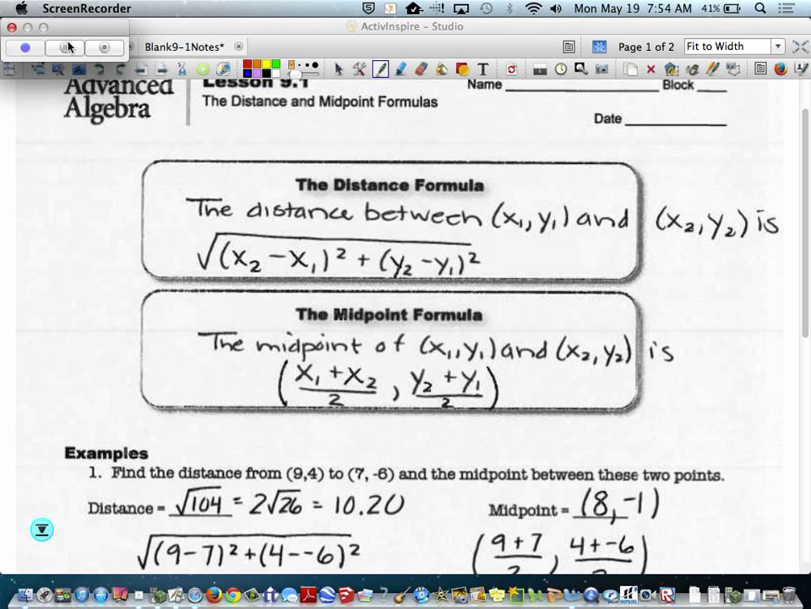Okay, so today the 9.1 lecture includes the distance formula and the midpoint formula. The distance formula is given to you up there. A lot of times, you might have it, distance equals. And then the midpoint formula, also given to you. Now, one of the things that I think gets confusing about the distance formula is why